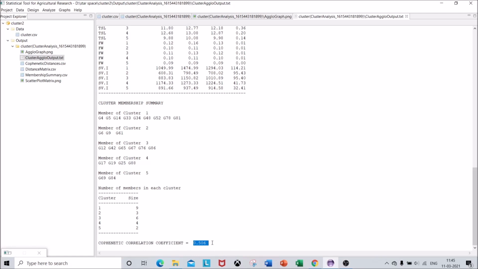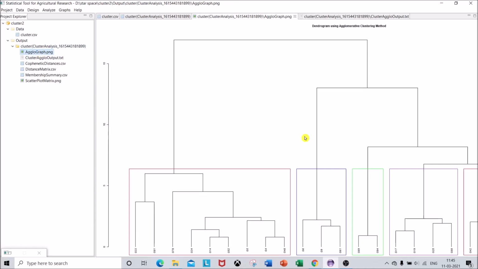It is similar to what you find in the residual effect in path analysis, but the only difference is that we need a higher value here. If there is a higher value, say 0.9, then you can say that the constructed dendrogram is acceptable for studying the difference between your genotypes. But here, as I have used sample data only, the value is low, so the dendrogram formed here is not justifying my study as much. So you can see that in this output file.